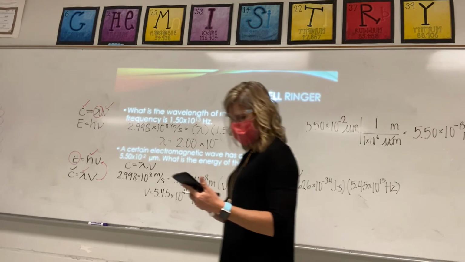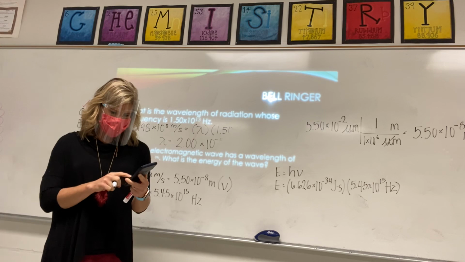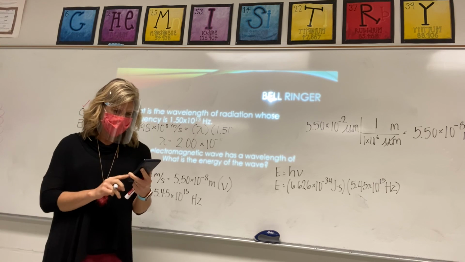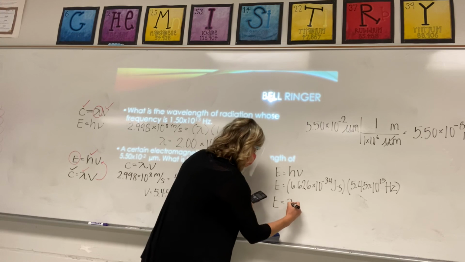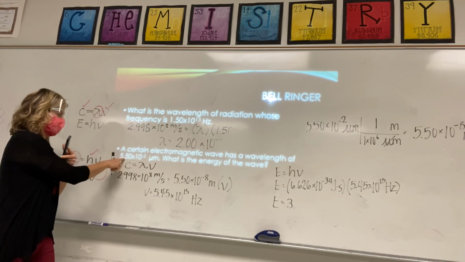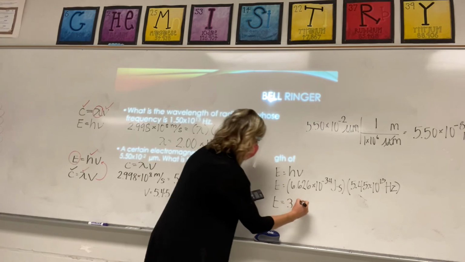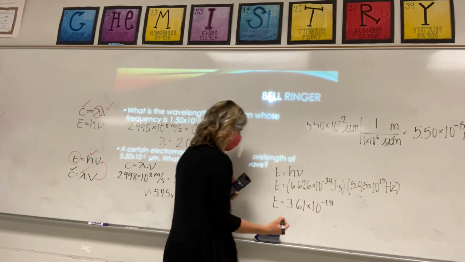So now to solve for energy, we will multiply h times frequency, and we should get, how many sig figs should we have? 3. So 3.61 times 10 to the negative 18th. What are our units for